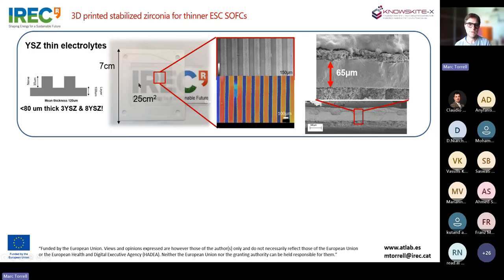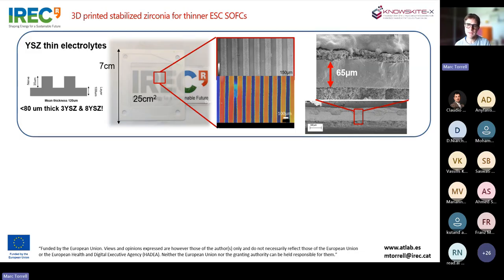And to give some mechanical resistance to these membranes, we are adding some features, some nerves that withstand this thickness on the membrane. So all in all, of course, you have 65 microns on the membrane, but the thickness of the nerves is a little bit thicker. Here you have the example where we have nerves in 50% of the area. So half of the electrolyte is with nerve, half of the electrolyte is without the nerve.